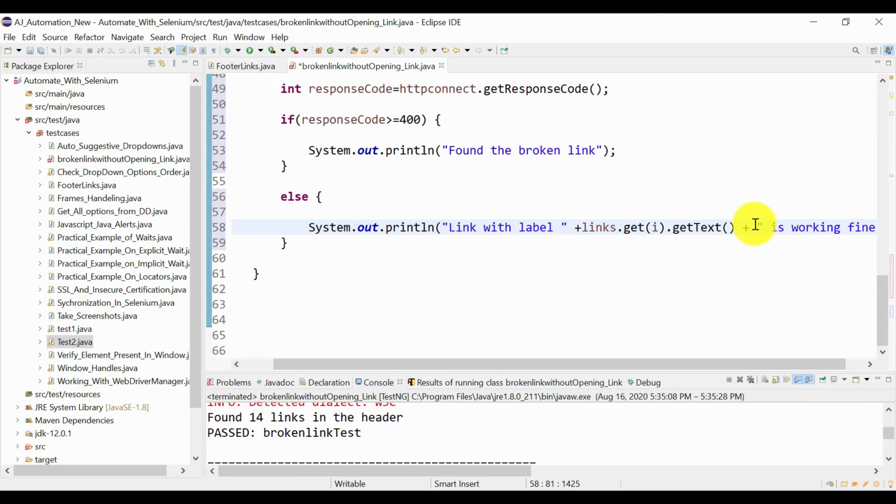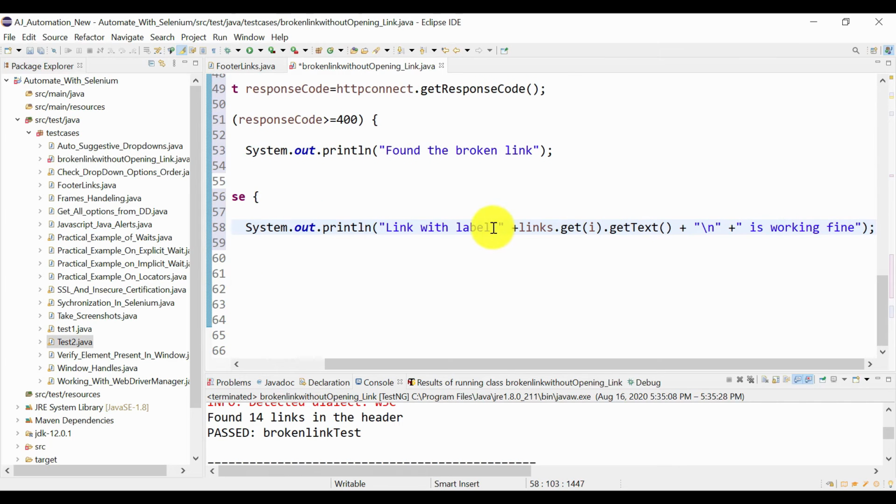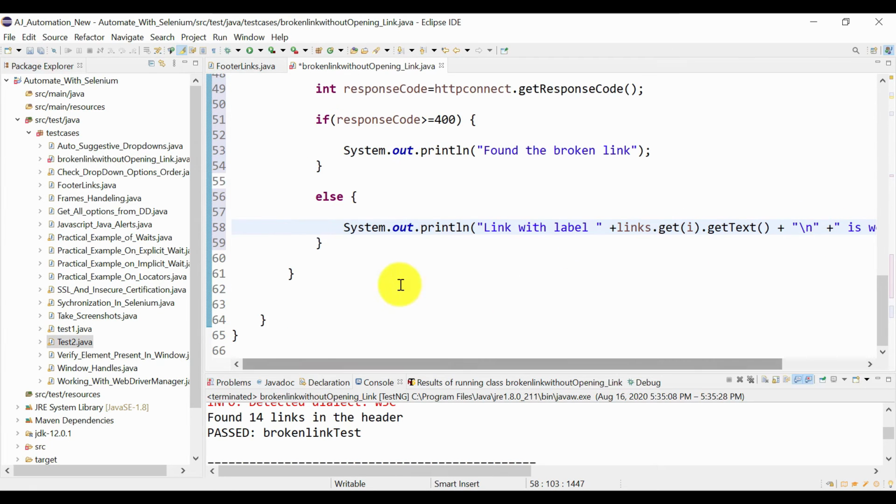Let's print it in the next line with /n. Is working fine. If response code is not greater than or equal to 400, every time it will show the link with the label of that is working fine.